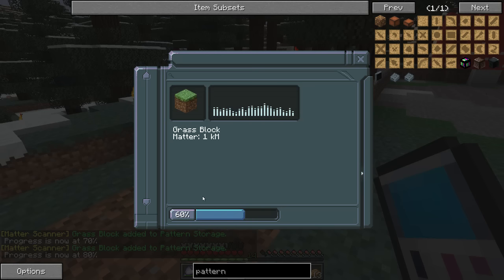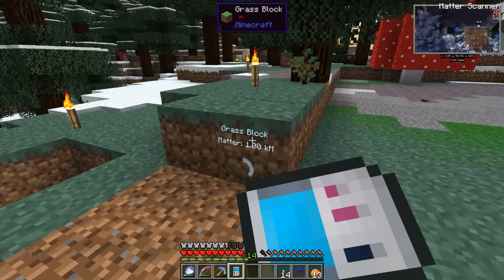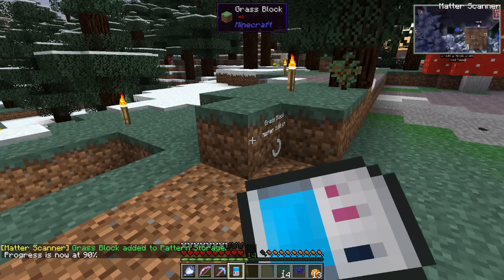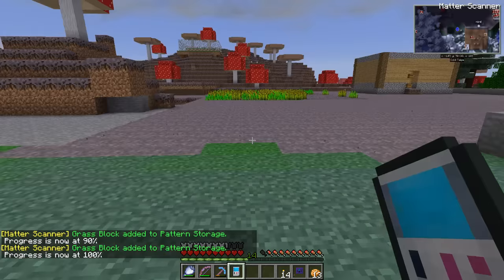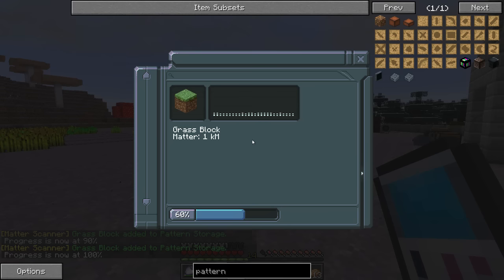Now I can see what's in it. We've got 60% grass block in here at the moment. Okay, that's cool. So it doesn't open up until you've started scanning something. And then I just need to scan 10 of that item, and that is now set up at 100%. Can I check that out? That still says 60%